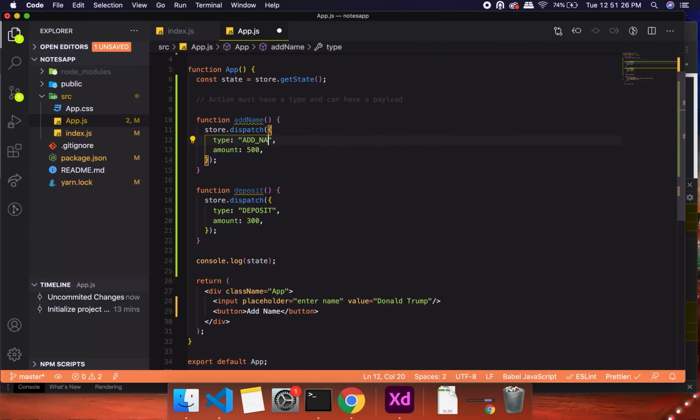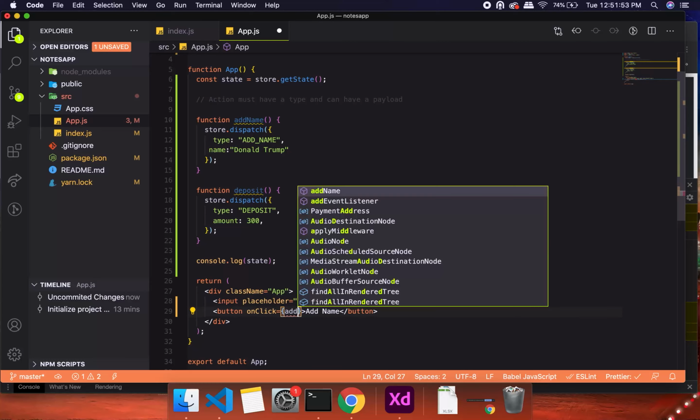So add name, this will be the type, and name, we will change this to a state. So Donald Trump, and we'll assign it to this one. So on click, and this will be